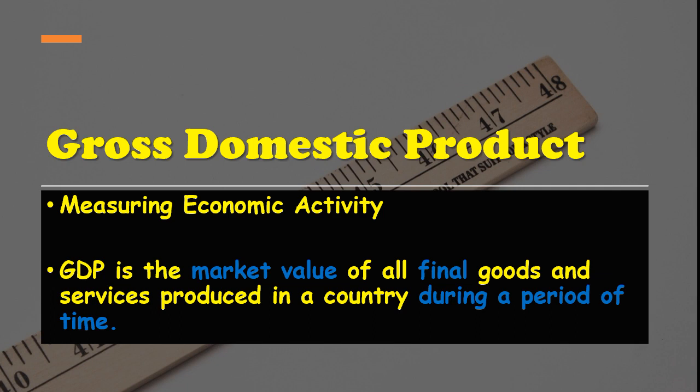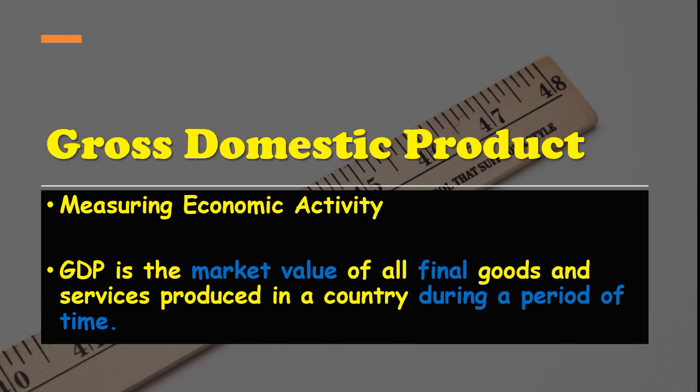Now, clearly, there's three parts of this that we need to separate out. So again, we're talking about all the goods and services that are produced in our country. Everything from farming to cars to airplanes to haircuts and banks. Everything that goes on in our country that's a good or a service that's sold, and we'll talk about that in a second. So market value, final, got it? GDP is the market value of all final goods and services produced in a country during a period of time.